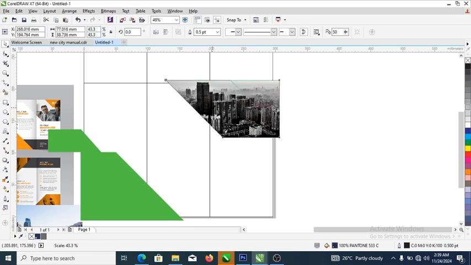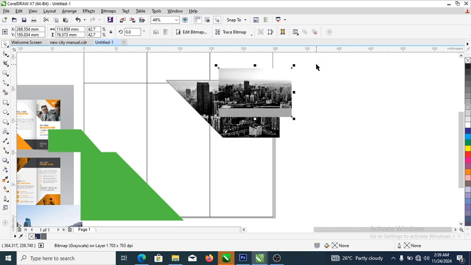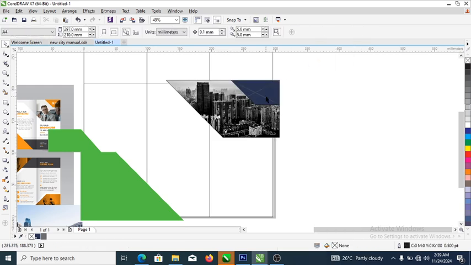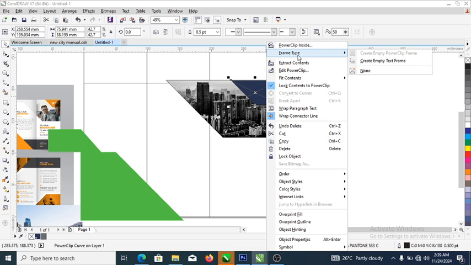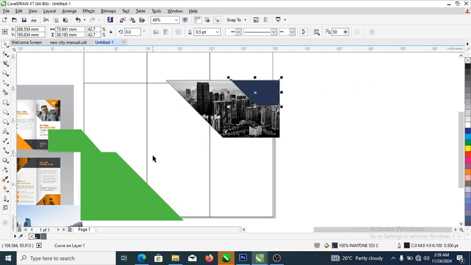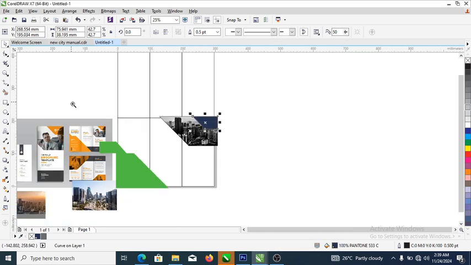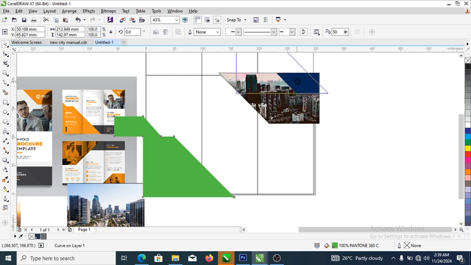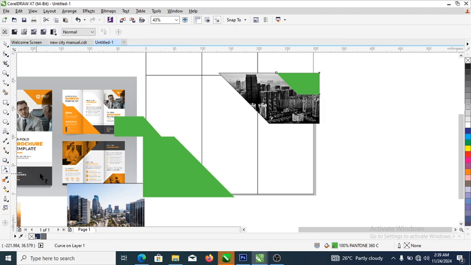When you get to the destination, you right click, automatically copy and paste, then you extract the content and delete that. So all we needed to do is to right click, then you locate frame type, then you hit on none. So what we're going to be doing now is to go over and change this to lemon. After that is done, all we need to do is to go over to image,